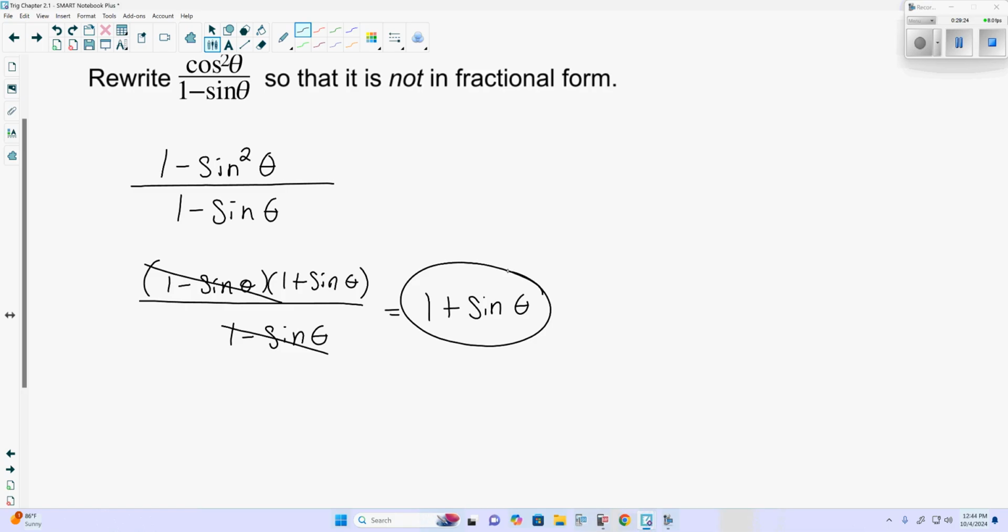Now, would it have been wrong to have multiplied top and bottom by 1 plus sine of theta? No, we could have gotten there, but we would have had to do a lot more simplifying later on to get it to be there. That's one of the nice and not nice things about trig, is that there's more than one way to get to the answer. However, the other ways might not be as nice as some of these here,